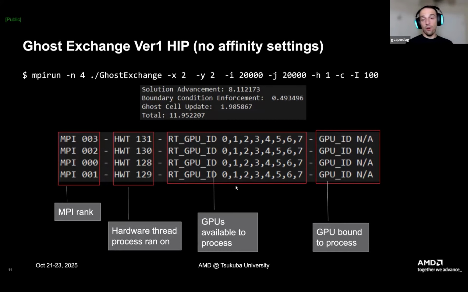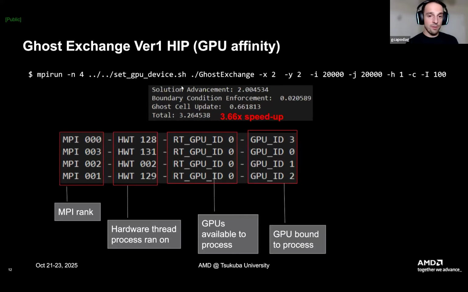See that they're all available because we have not done any binding, basically. And you see here that there's no binding of the GPU to any process. So there is a script that's available in the repo called setGPUDevice.sh. And if you include that as you run your executable, you will see that now there is a binding in place,